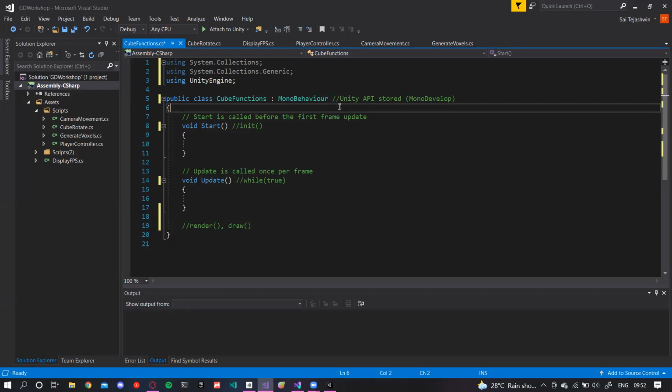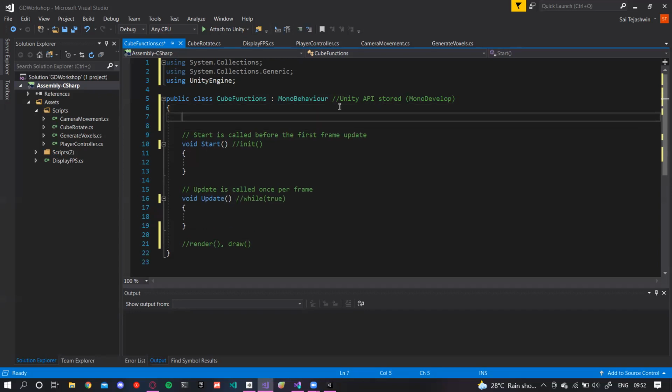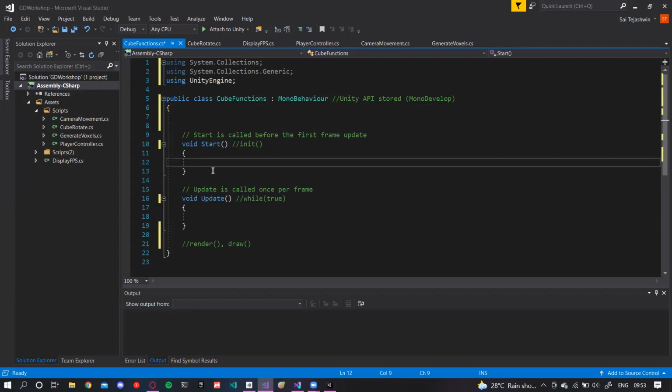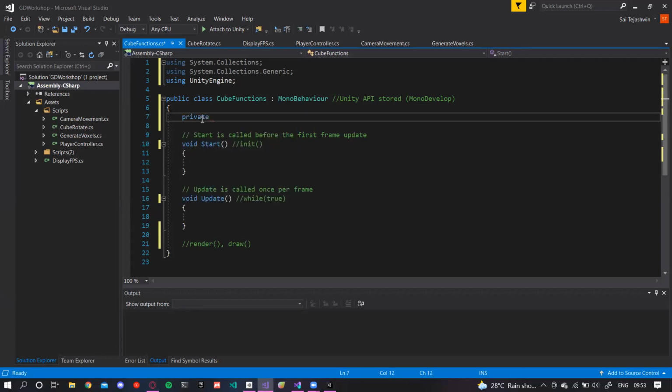And starting from here, I'm just going to show some code. For now, I'm just going to initialize a private variable.